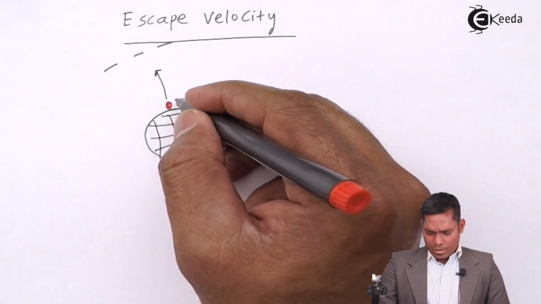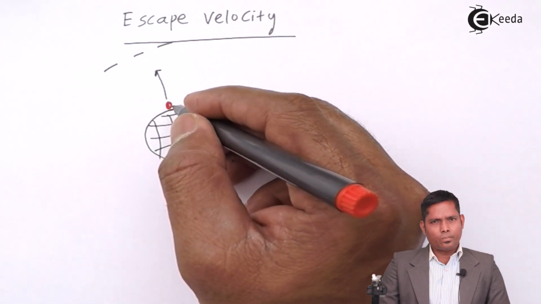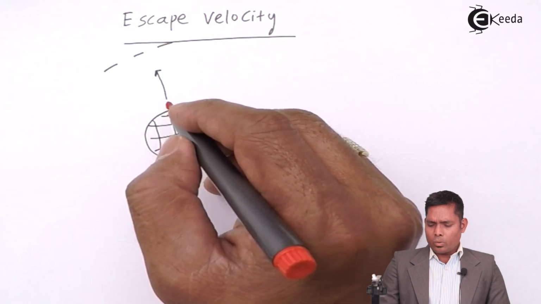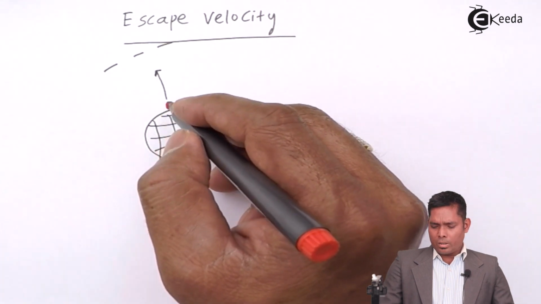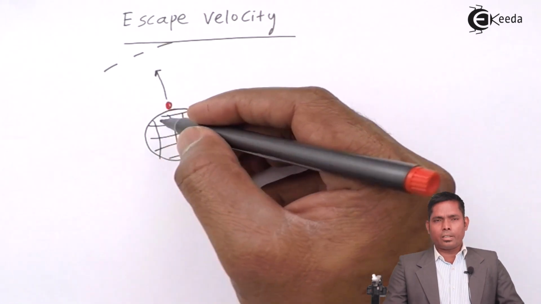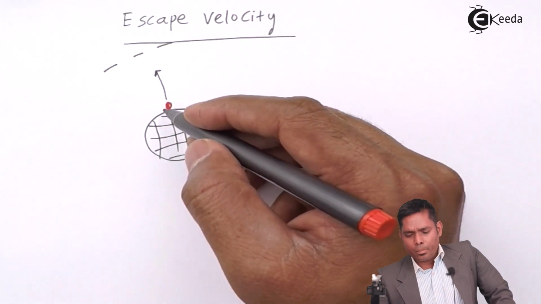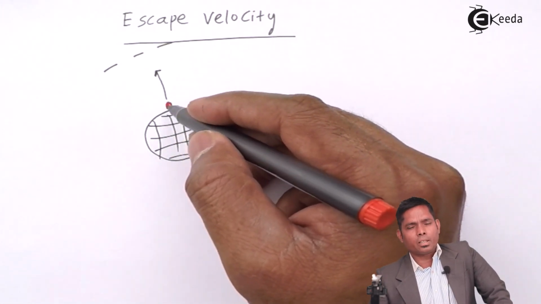Then I have to make its total energy zero. The velocity I provide to this object to make total energy zero is known as